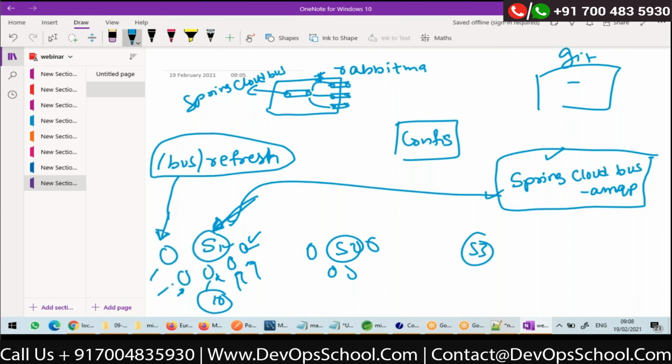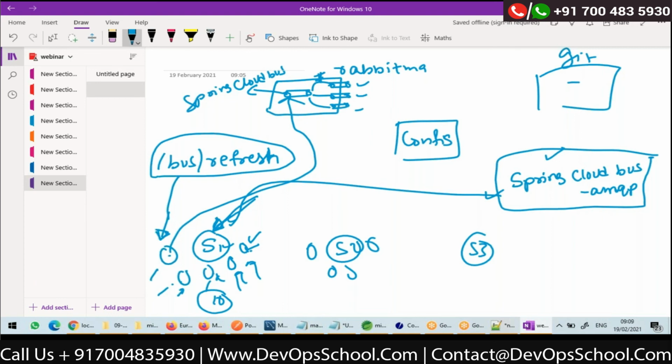When you hit /bus/refresh on any one of the endpoints, it will put a message to the exchange. Okay. Then all the microservice instances are registered for, or are listeners for, these queues, right?